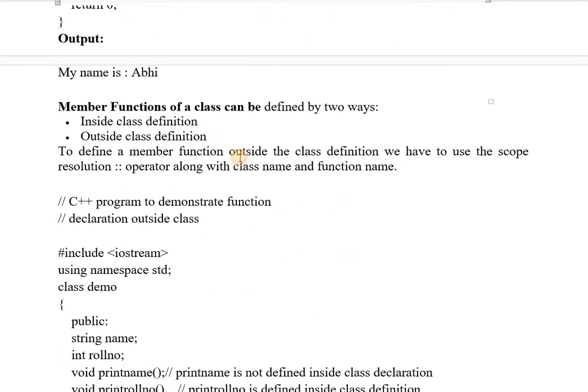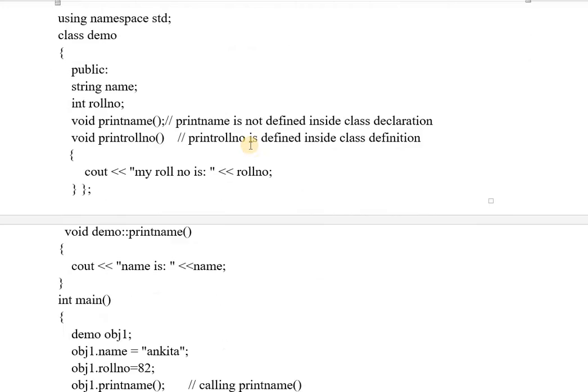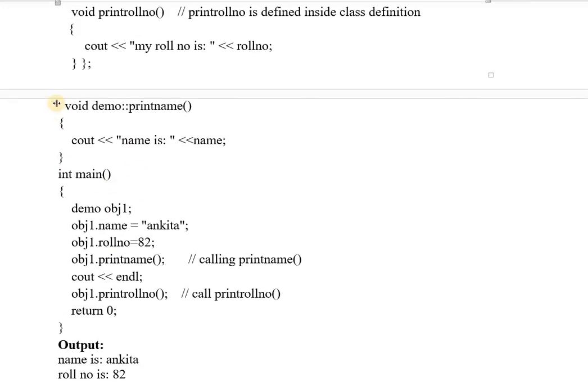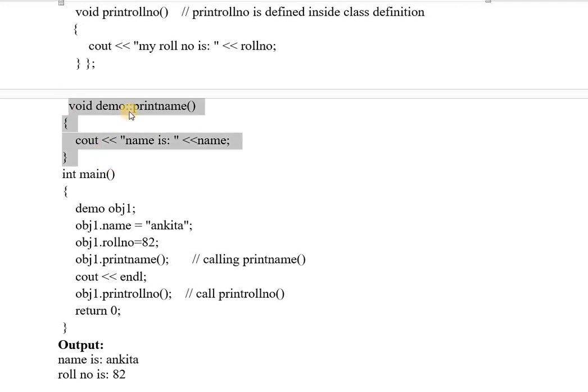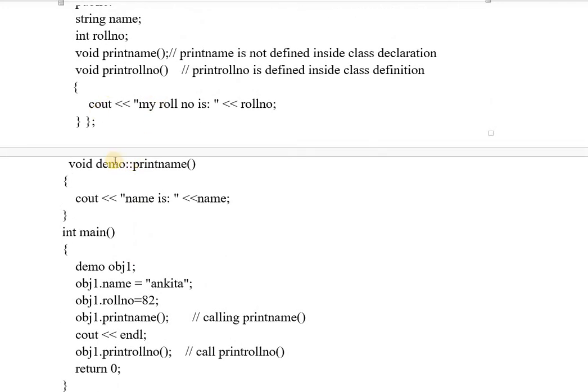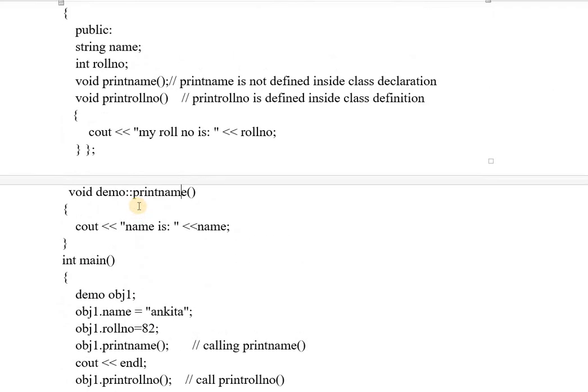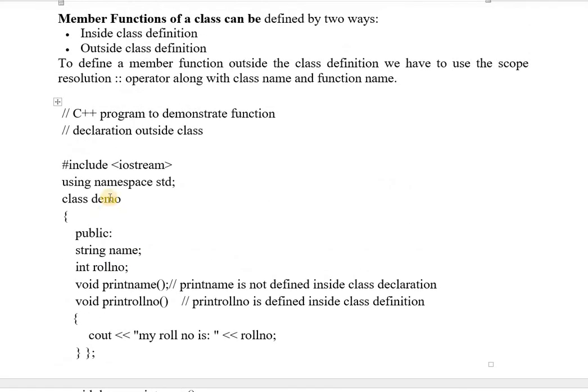So you can define a member function inside the class as well as outside the class. When you write the function outside the class, you have to declare that function inside the class, and after this the function definition will be like this with the help of scope resolution. This operator is known as the scope resolution operator. When you write the definition of a function outside the class, you have to use this. The return type will be there, then the class name, and then the function name. This is the program I have added as an example for your reference for the objects and classes.